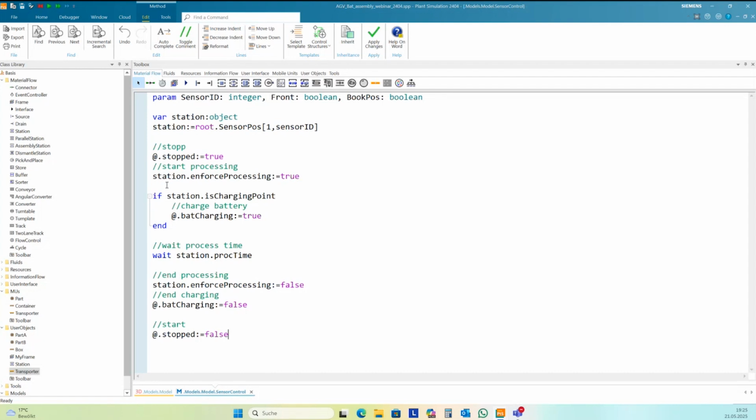Then you could create a dummy part and move the dummy part to the station so that the station is really processing, call the worker, and consider all the failures and breaks and so on. This is not the right way if you want to have a worker and other interferences in the simulation. Okay, let's have a look.